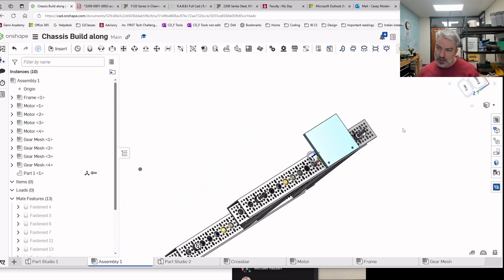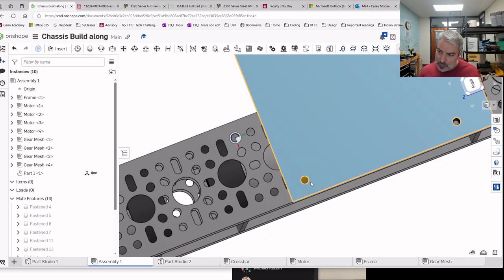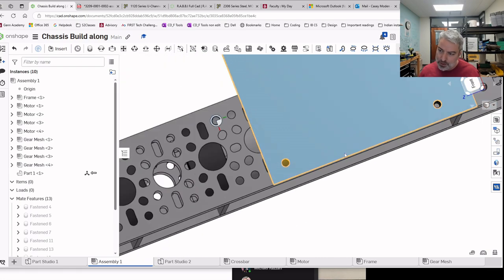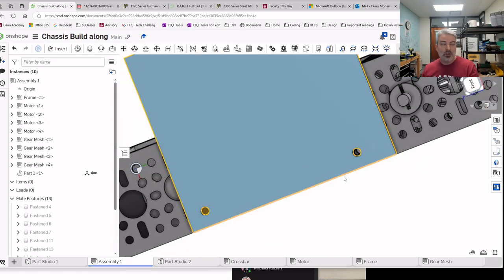So what you can see here is the piece on there. You can also see these little holes on here, and you can see they actually perfectly align with holes in the U channel. So that's one of the beautiful things about using OnShape: you can import all these existing parts, but then also make your own parts that fit together with this. So if we look back at the Rabbi CAD,